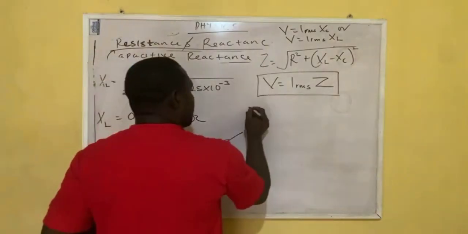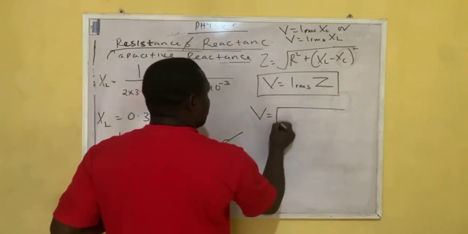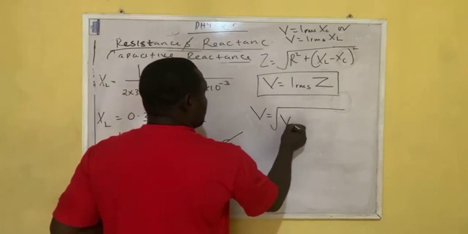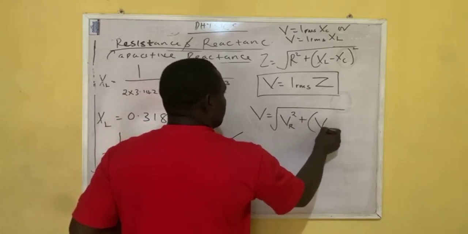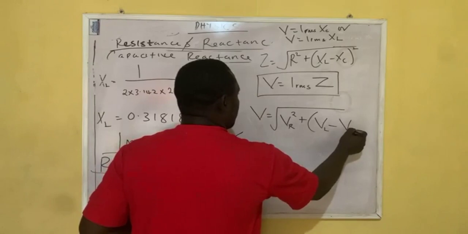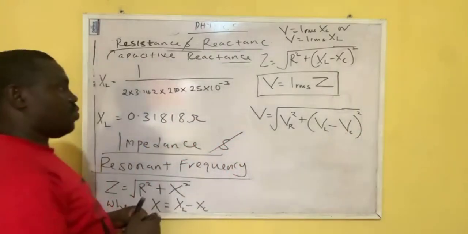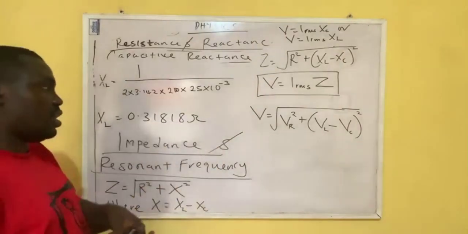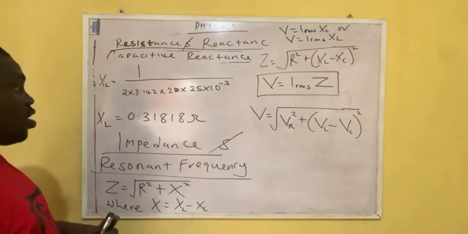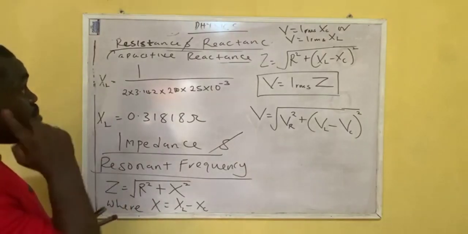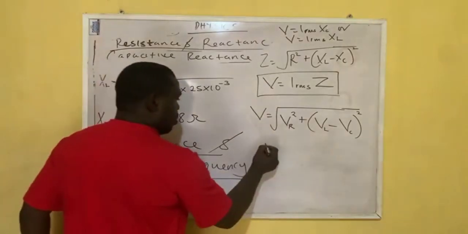Now we could also write another thing that looks like this, so let's see if it's also acceptable. You could have something like this, square it, and then you solve. This is actually gotten from the knowledge of Ohm's law, the triangle, and Pythagoras' theorem. And I remember very well that in terms of our power factor,